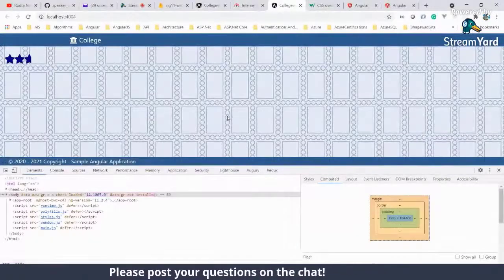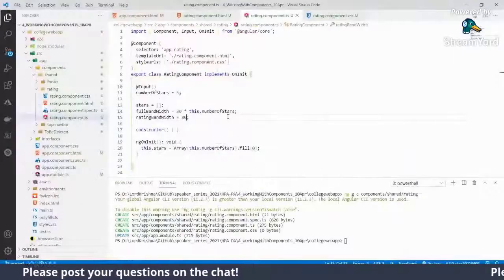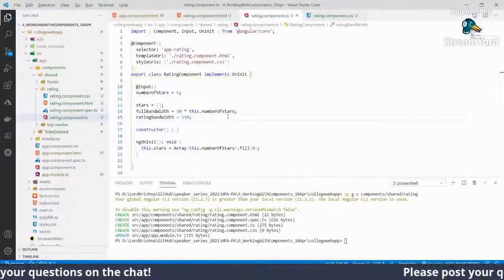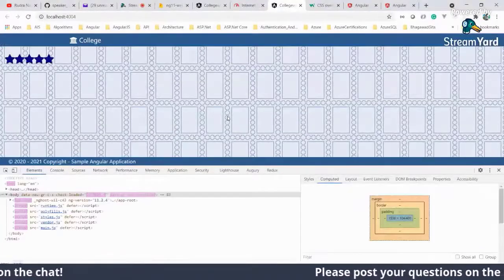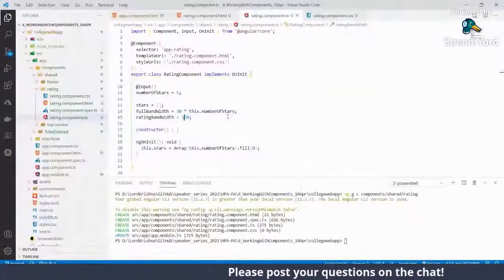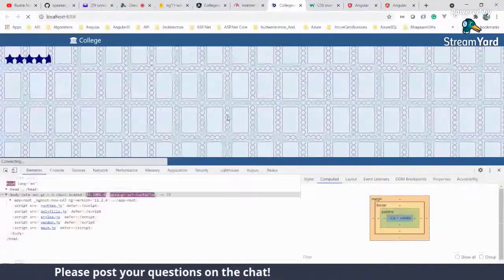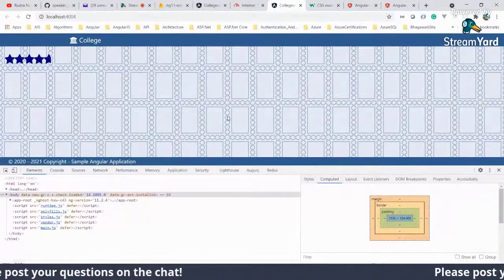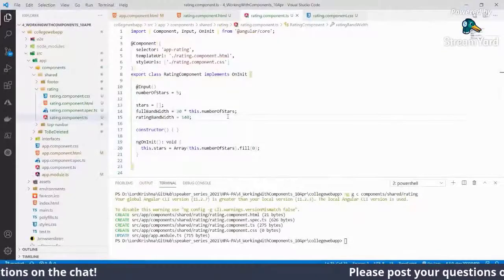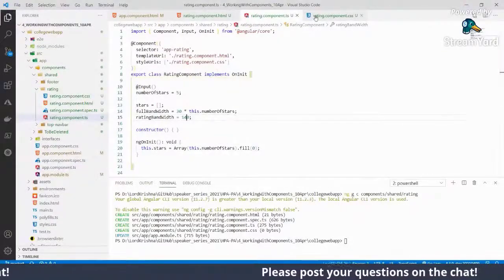If it is 150, it is going to show all the 5 stars. If it is 140, some portion of the star will be missing. So what is happening over here is it is hiding.